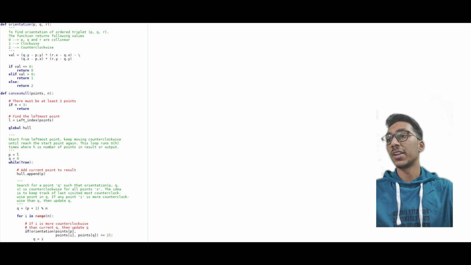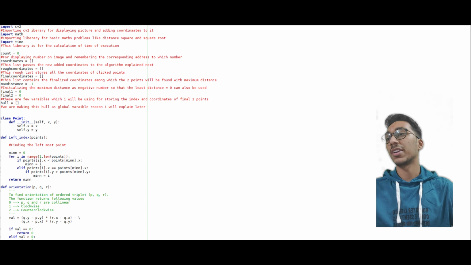If orientation of p, i, q is equal to 0. In the defined function orientation, we are passing three arguments p, q, r. Find the orientation of the ordered triplet p, q, r. The function returns the following values: 0 if p, q and r are collinear, 1 if they are clockwise, 2 if they are counterclockwise.